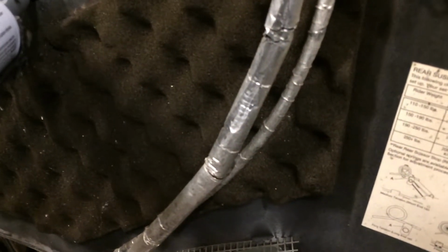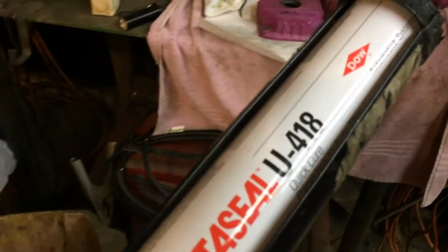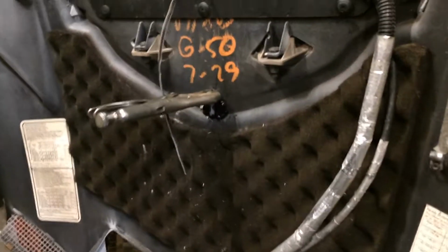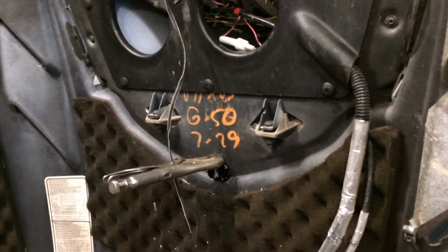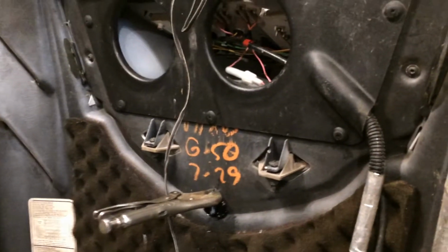Yeah, that's nice. This doesn't stick to anything but windshields and properly prepared metal surfaces, but it acts as a great cushion. This is Beta Seal, what you install urethane or glass with. There's several different styles, but I like the 418. It's not a good gasket maker or anything like that, but as far as something that acts as a cushion or a suspension or keeps something from rubbing, if you can make a mechanical bond, and that is if you can take and wrap it around it,